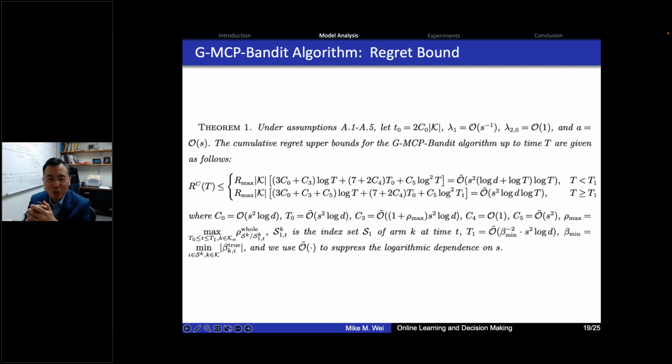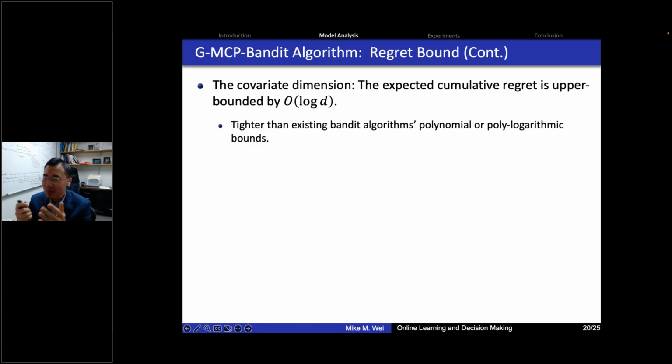At first, we're able to show some theoretical results, to see how this algorithm compares to the best case scenario and the worst case scenario. And we can show that on the covariance dimension, the expected cumulative regret is upper bounded by log t. That means, in the worst case scenario, the regret is not going to increase more than log t. This is the best case. This is actually the state-of-the-art algorithm, which has the lowest regret compared to any policies in the theory. Because traditionally in the literature, the bandit algorithms have polynomial or polylogarithmic bounds,